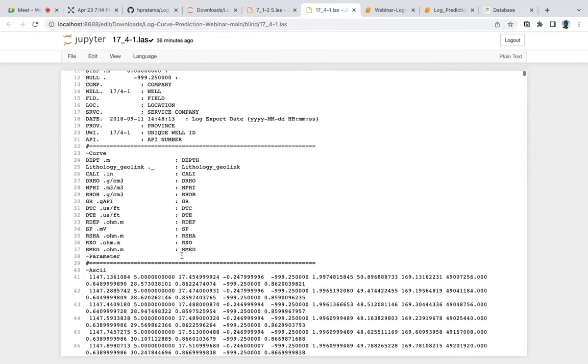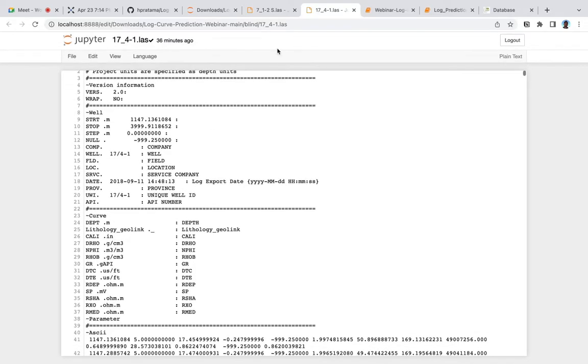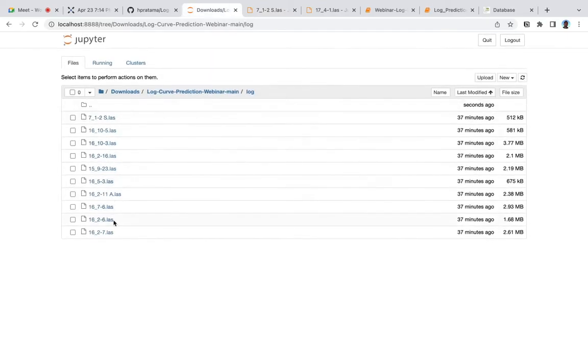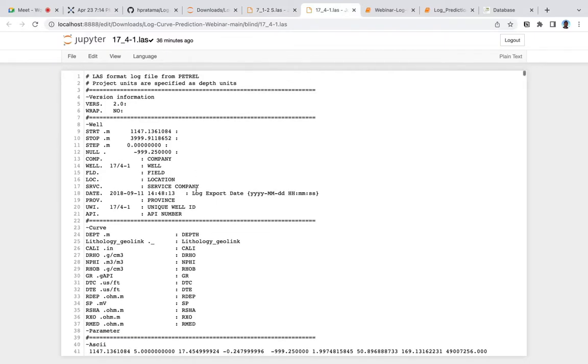So we want to predict the DTS in this last data based on these values. We use 10 well logs to build our model, train and test based on these 10 well logs, and then we predict on this one well log that doesn't have any DTS.